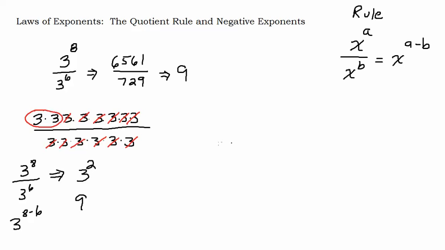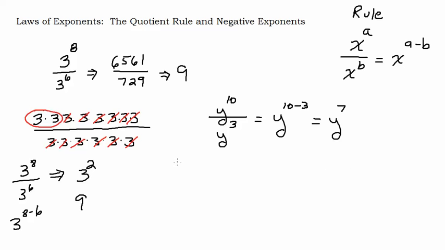And of course, you can use this with variables as well. So if you have y to the 10th power divided by y to the 3rd power, then you want to reduce that fraction. You could write out all the y's, and maybe if you forget the rule, it doesn't hurt to write them all out. But the rule here simply says that's going to end up being y to the 10 minus 3. And why is it minus? Because you're canceling out that many y's. You're going to cancel out 3 y's, and that's going to leave you with 7 y's multiplied together, which is